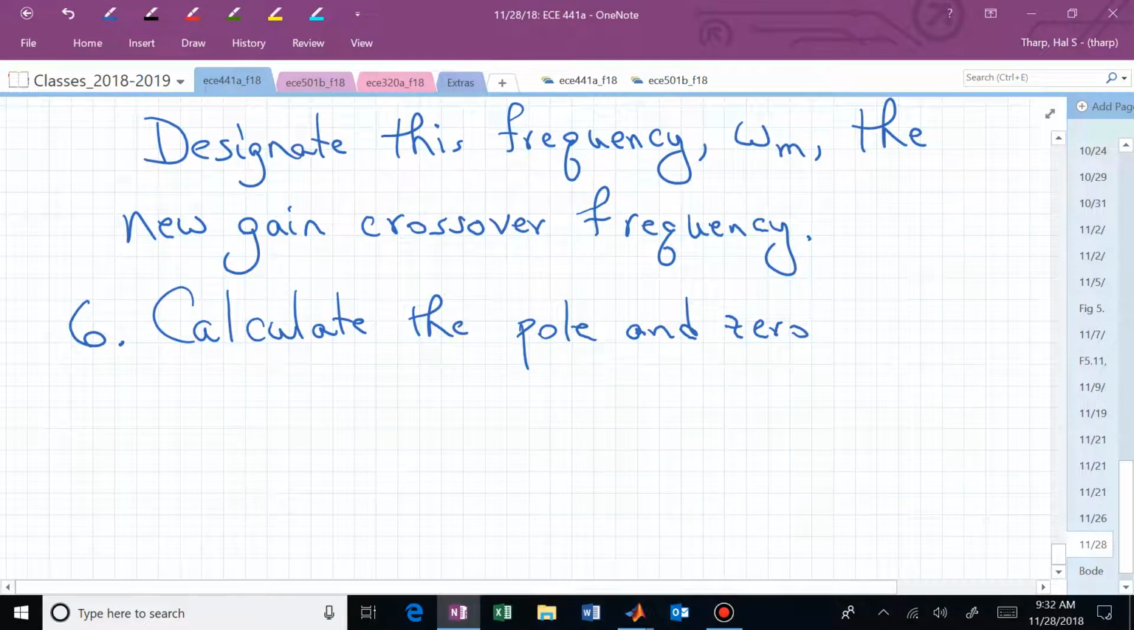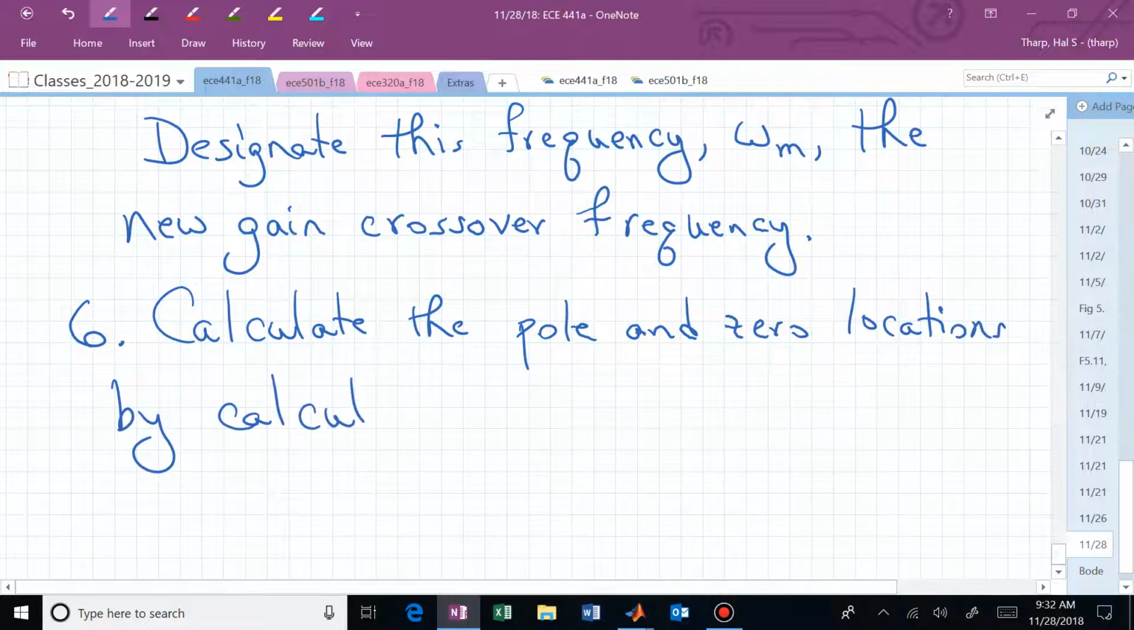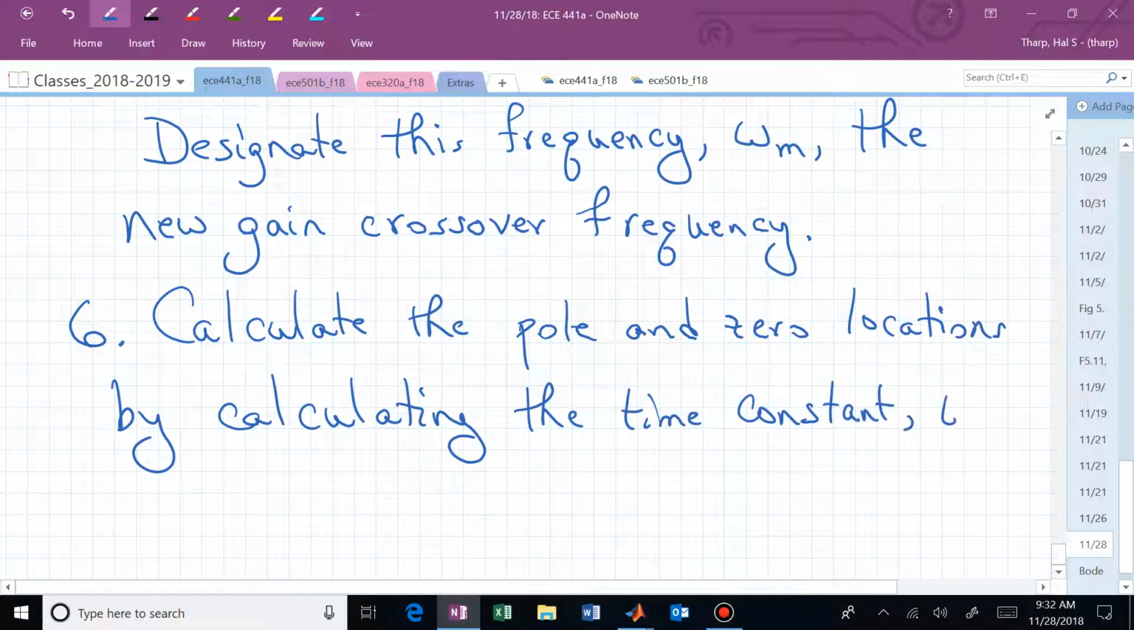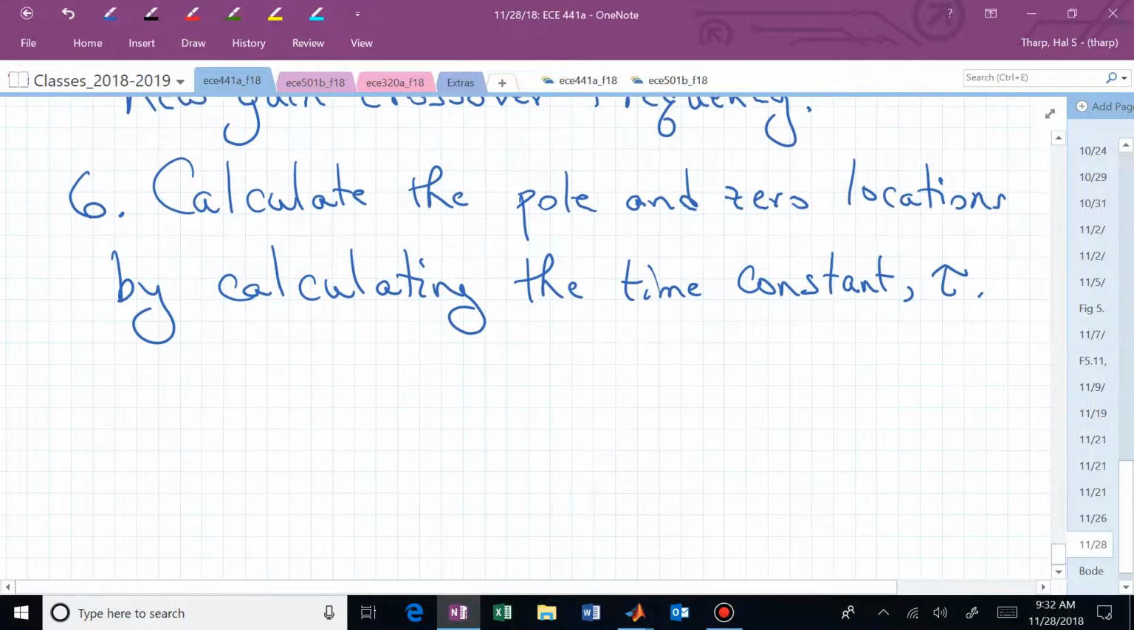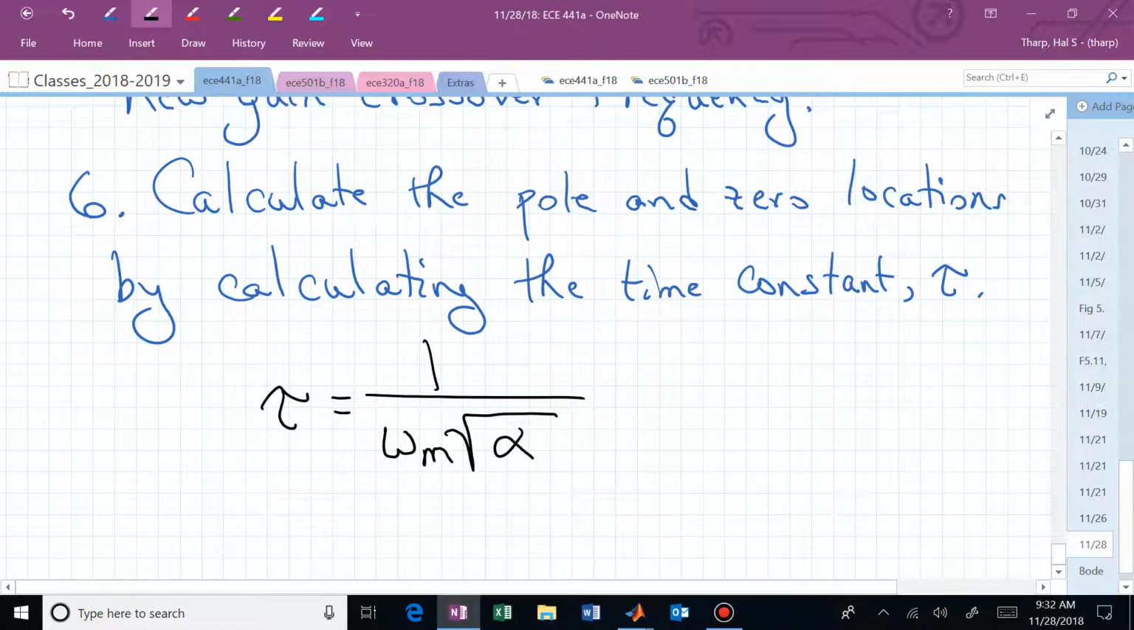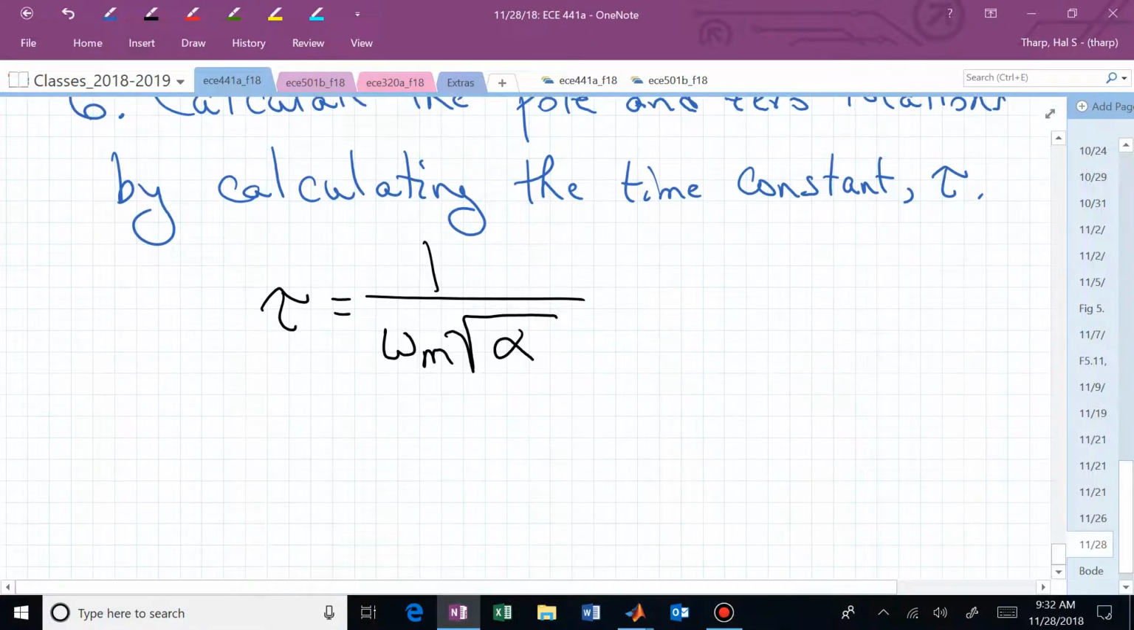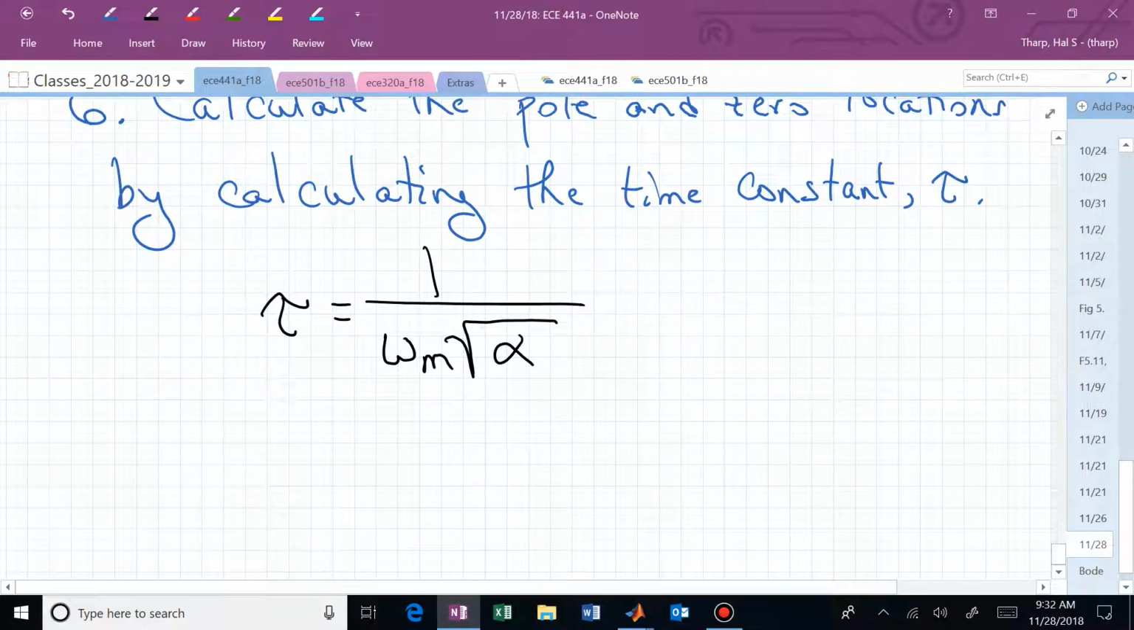So calculate the pole and zero locations by calculating the time constant. And tau is now 1 over omega sub m times the square root of alpha. So now we have a time constant and we have their separation. We now have enough